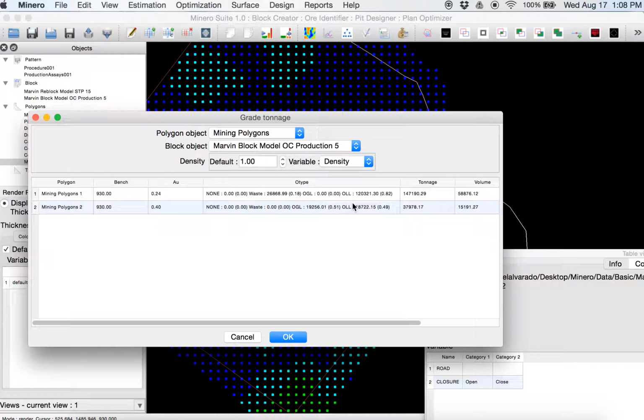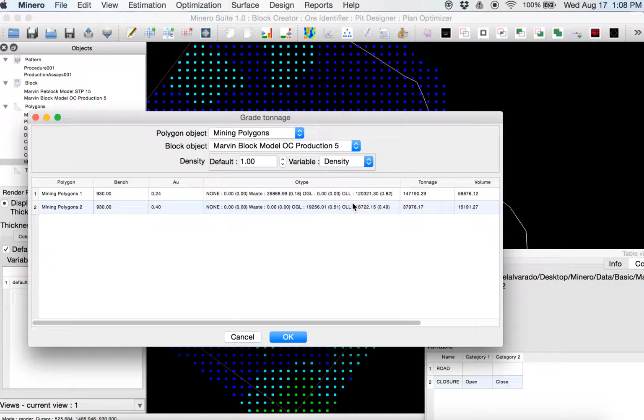For instance, polygon number 2 is going to go to the leach pad anyway, so no matter whether we have more general leach or low leach, we will still be sending it to the same destination. This is an example of some of the decisions that engineers would like to make based on the facts they have in front of them in the grade tonnage reports.